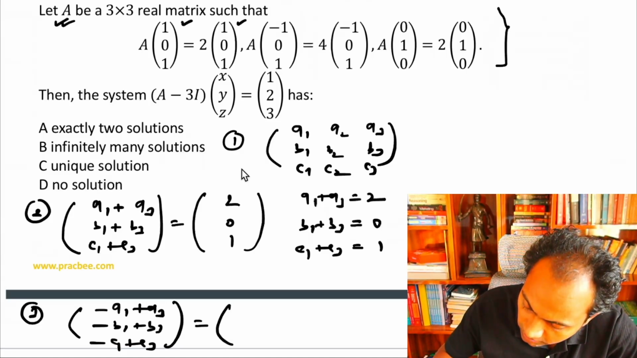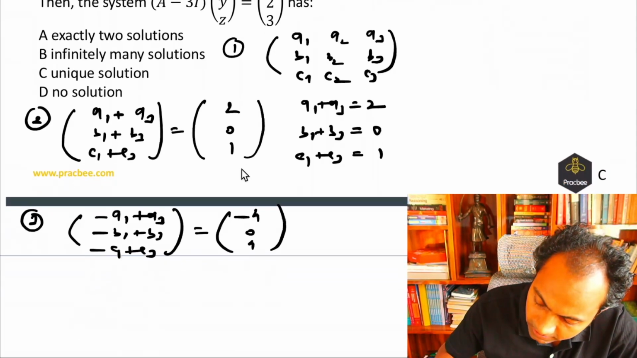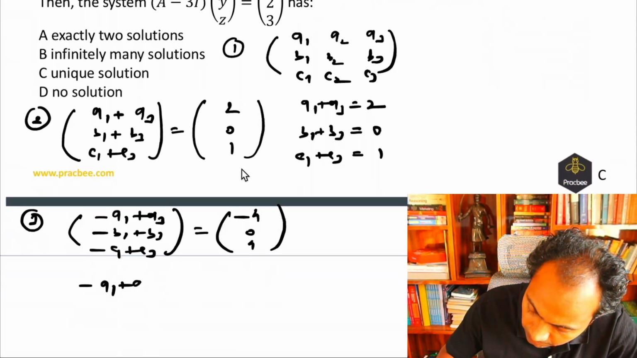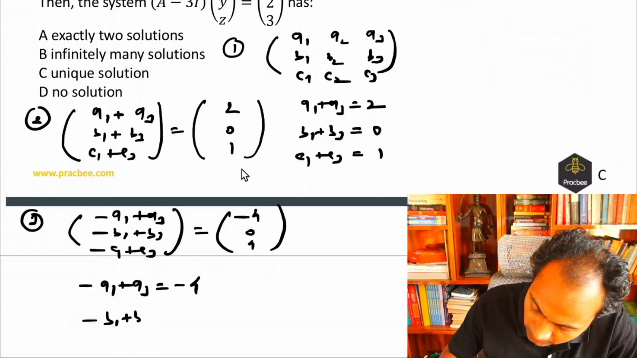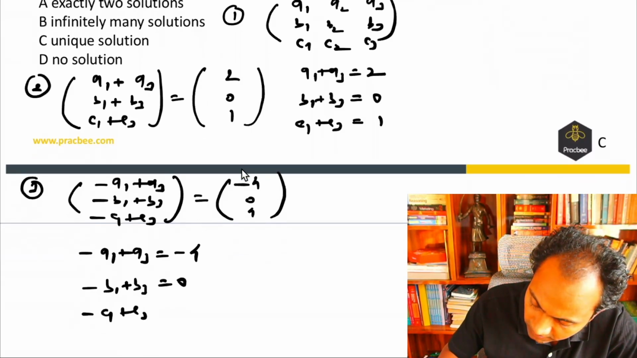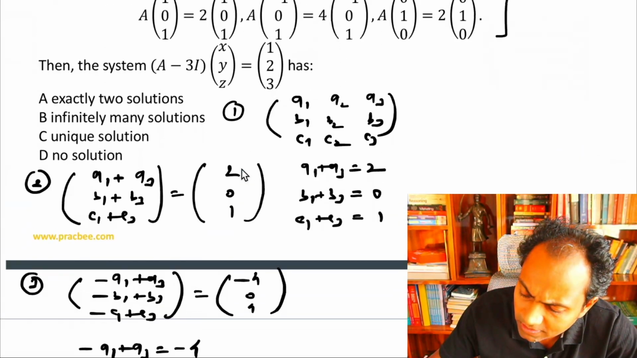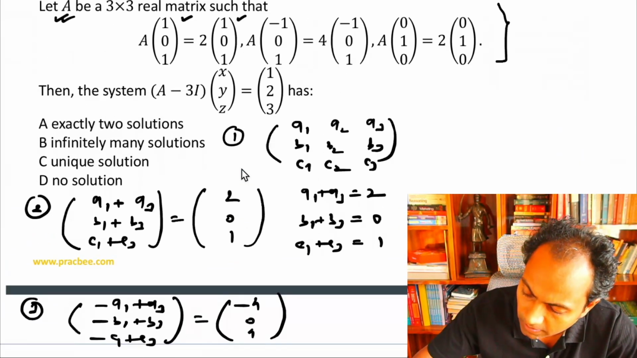This is equal to nothing but minus 404. And if I compare it, it is going to become minus a1 plus a3 is equal to minus 4. Minus b1 plus b3 is equal to 0. And minus c1 plus c3 is equal to 4. Another set of equations we have got, and then they have given the third one also, which if I apply